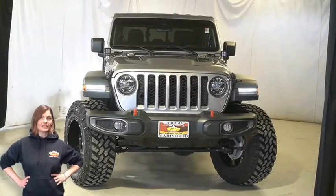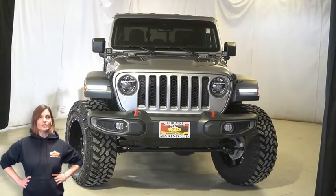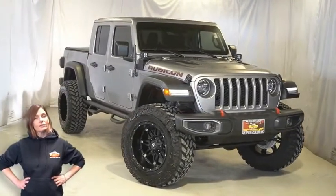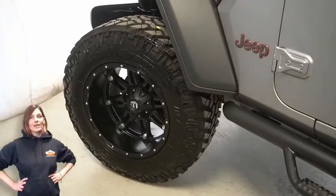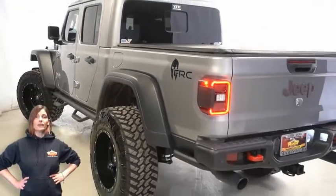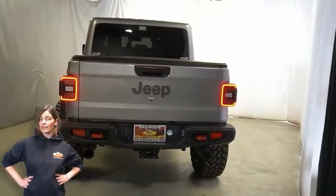Power, performance, capability, and capacity allow you to take on new challenges and adventures. Take a look at this 2020 Jeep Gladiator Rubicon in billet silver. With LED reflector headlamps, LED front fog lamps, 20-inch aluminum wheels, FALCON performance shocks, cab and bed steel rock rails, LED tail lamps, heated front seats, heated steering wheel, 6,000 miles on the odometer,